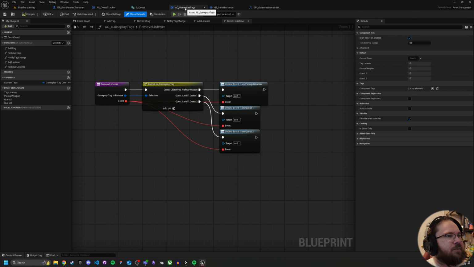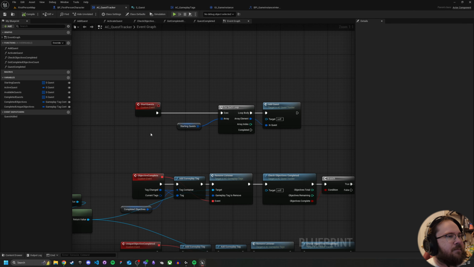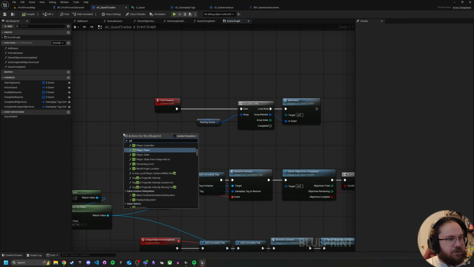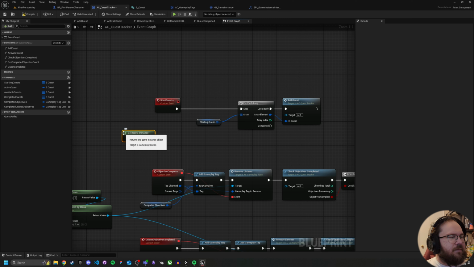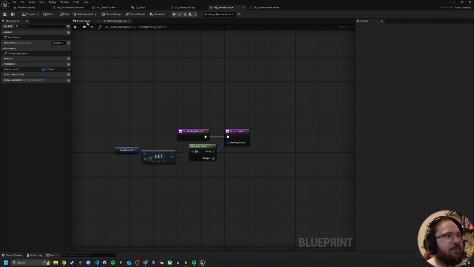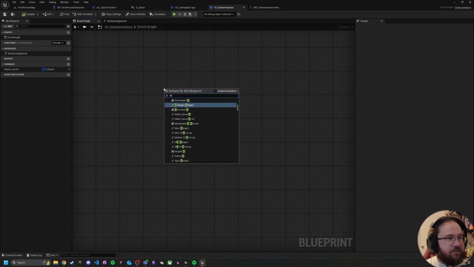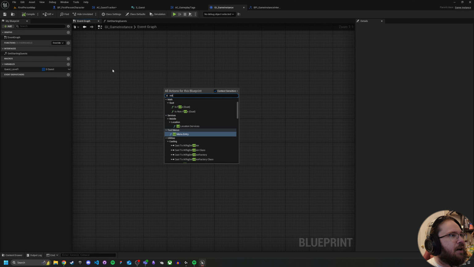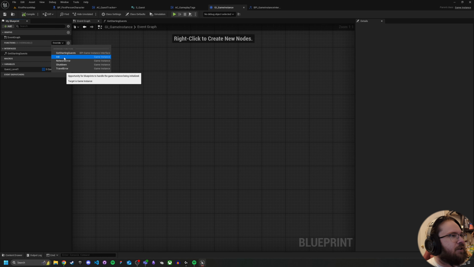So what this is going to do is we come over to our quest tracker. We're going to get a function called get game instance. And the cool thing, the reason why we're using our game instance is this lives throughout the entire lifetime of the game. So from the initialization of your game, from the moment it starts up, there's actually a function in here called init. Actually, it's in the overrides. Yeah, it's in the overrides. So you have your init, network error, shutdown, travel error, and then of course our interface. So as long as the game is running,